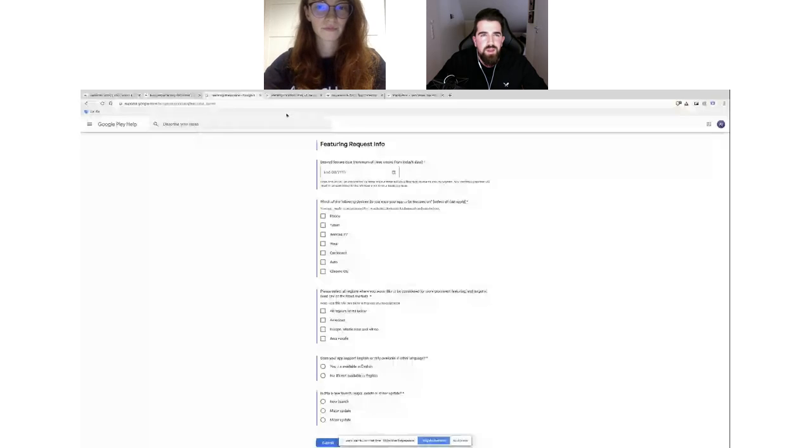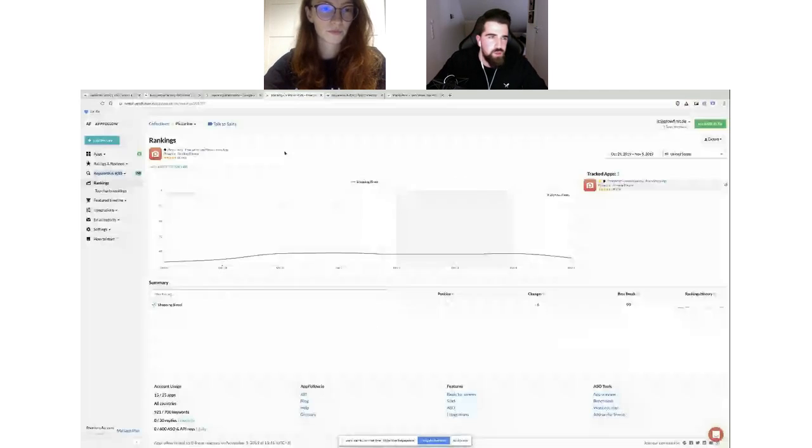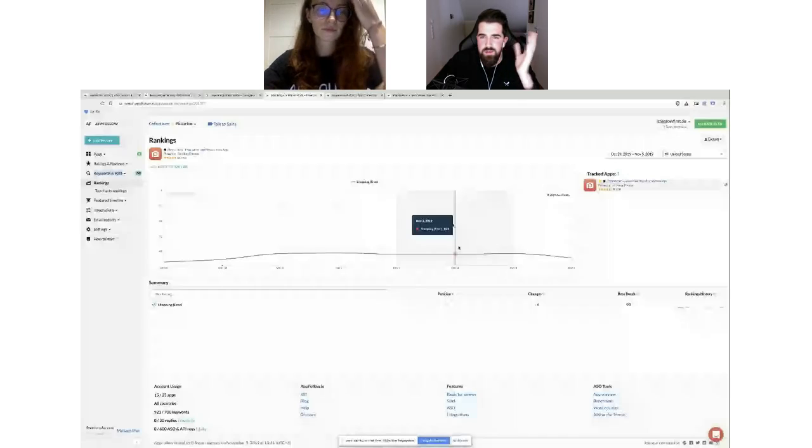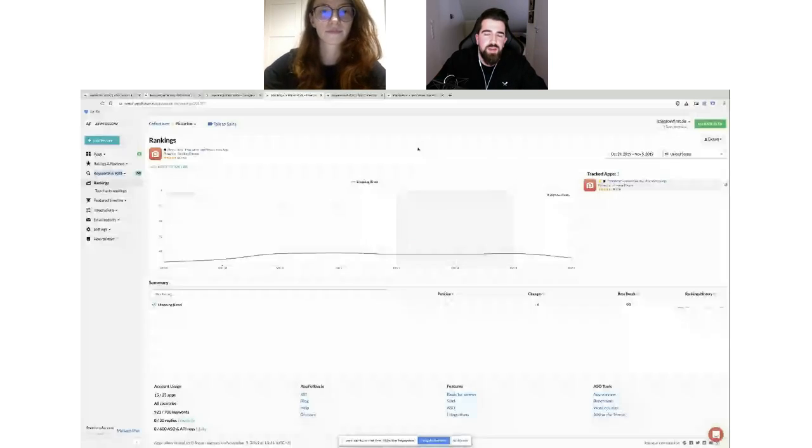The second thing where you can drive up visibility is top charts, and also on AppFollow you can watch the top charts ranking here. I'm on the US page right now, and I'm seeing the app is in Shopping free, and for the time being more or less around place 100, a little above, a little under. 100 is very low, as you might know, because you have to scroll a little to get there.